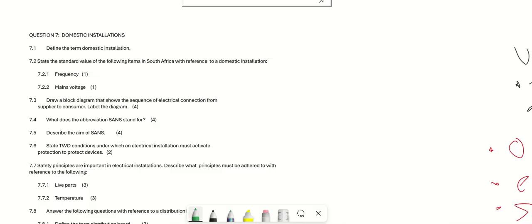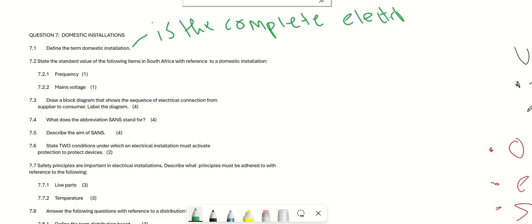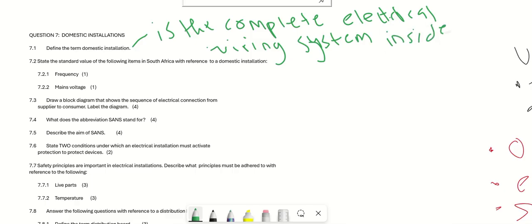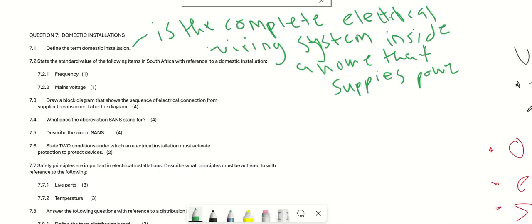A domestic installation is the complete electrical wiring system inside a home that supplies power to the appliances.